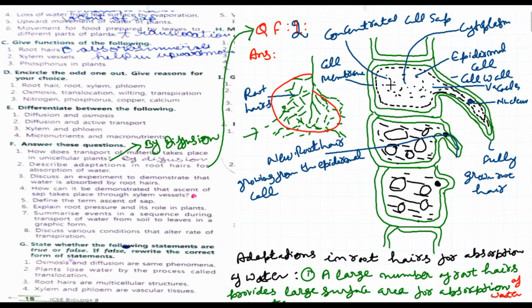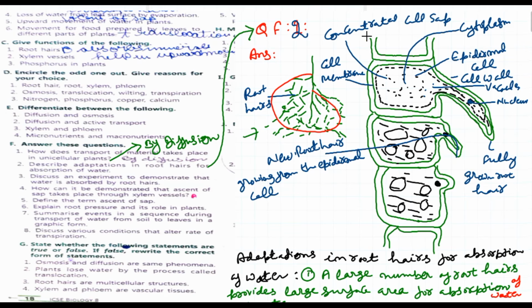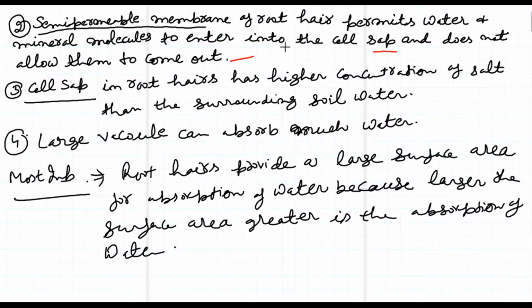This is the cell membrane, which is semi-permeable. Now the cell sap, as I have shown here, is concentrated. The cell sap in root hairs has a higher concentration of salt than the surrounding soil water, right? And large vacuoles can